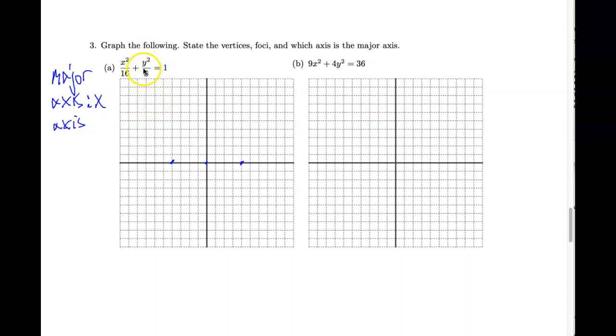The vertices for the minor axis are going to be found by covering all this up and solving for y, in which case you would get y squared equals 8, and when you square root both sides you're going to get 2 root 2, and so the square root of 8 is the same as 2.8, so close to 3. So let's just delete all that part though. So 2.3 approximately, let's make it there, and then negative 2.3,